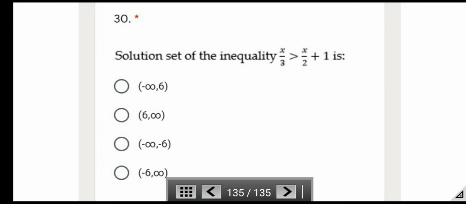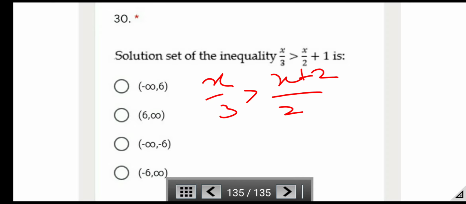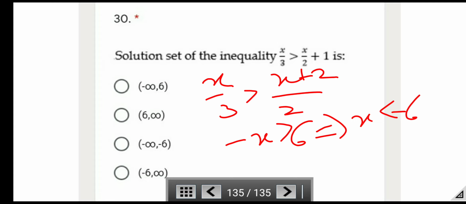Now question number 30, that is the last question. Solution set of the inequality x by 3 greater than x by 2 plus 1 is. x by 3 greater than, take LCM of this side, we get x plus 2. Now solve this, we get minus x is greater than 6, that is x is less than minus 6, that is the interval for this is minus infinity to minus 6. This is a very simple question. You can easily solve this question. Hope you all understand about